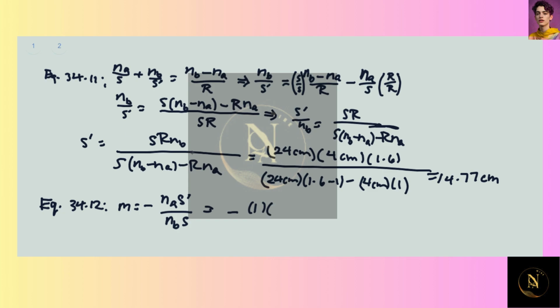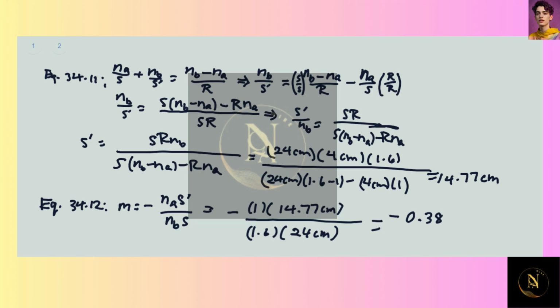S prime we found just now to be 14.77 centimeters. Nb, that is 1.6, and S is 24 centimeters. So this gives us minus